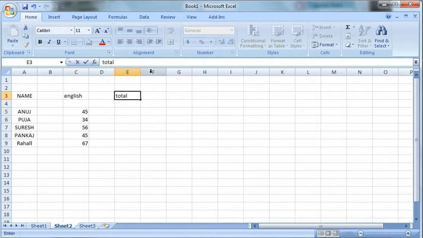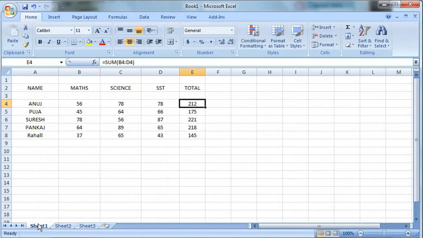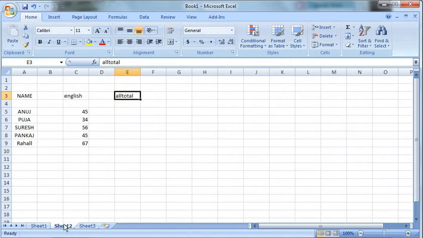And where I want the total, so see here, I will write All Total, like this. It means the total of all four subjects: 3 from the other sheet and this 4th, English.